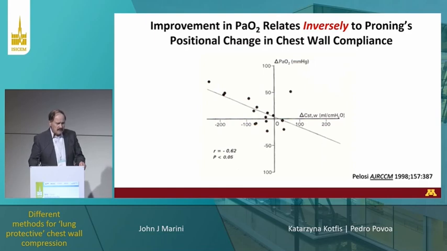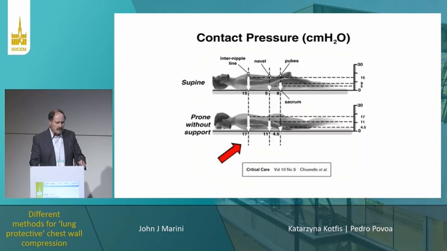And yet, improvement in PaO2 relates inversely to proning's positional change in chest wall compliance. In other words, the worse the compliance becomes, the better the oxygenation becomes. This was shown by Paolo Pelosi a long time ago, and it presents a little bit of a conundrum. In ARDS, what happens? The PaO2 improves when the chest wall becomes stiffer due to proning, and proning will stiffen